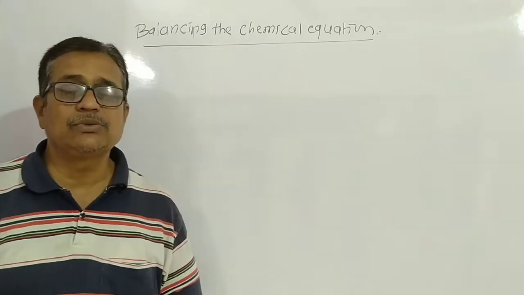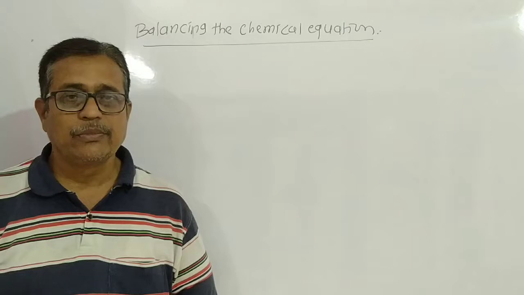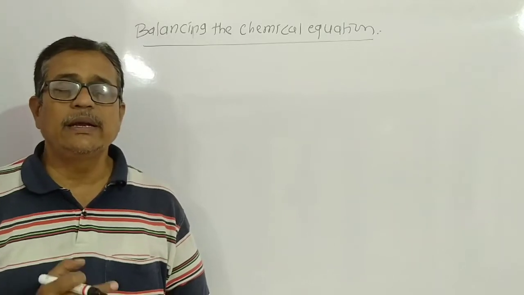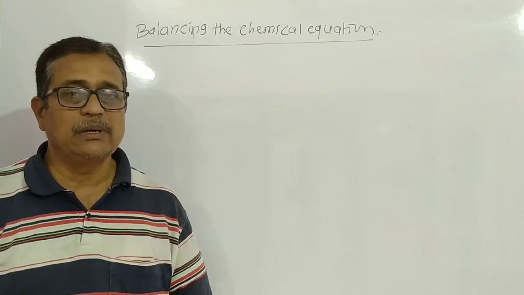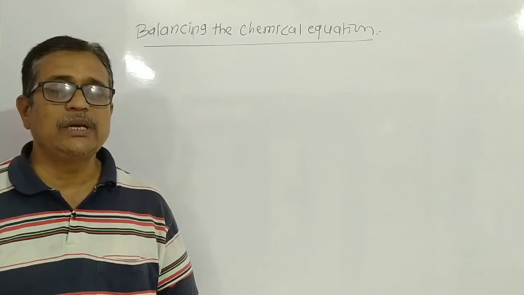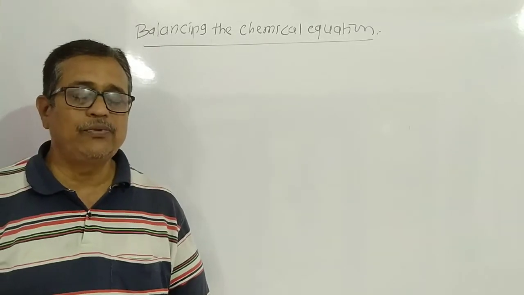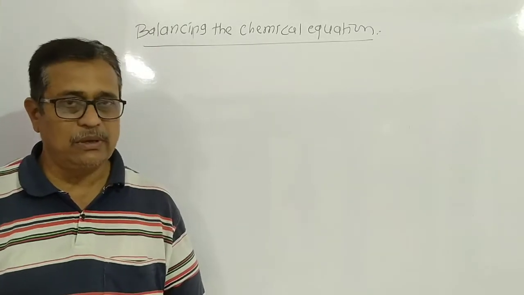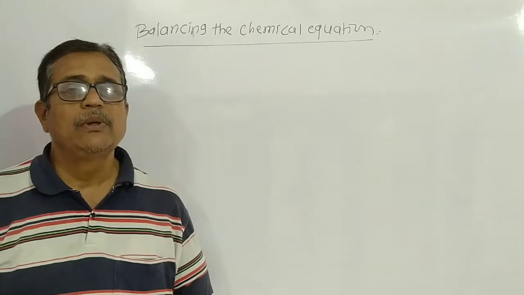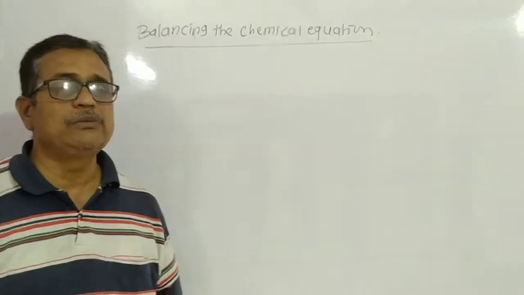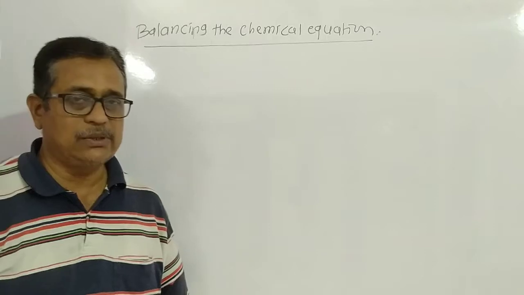But you know, dear student, when we write the chemical equation in your answer book during the examination, it is necessary to write a balanced equation. If your equation is unbalanced, then you will not get full marks for that question. Hence, it is necessary to write the equation in balanced form. But what is meant by a balanced chemical equation, and how do we balance that equation?